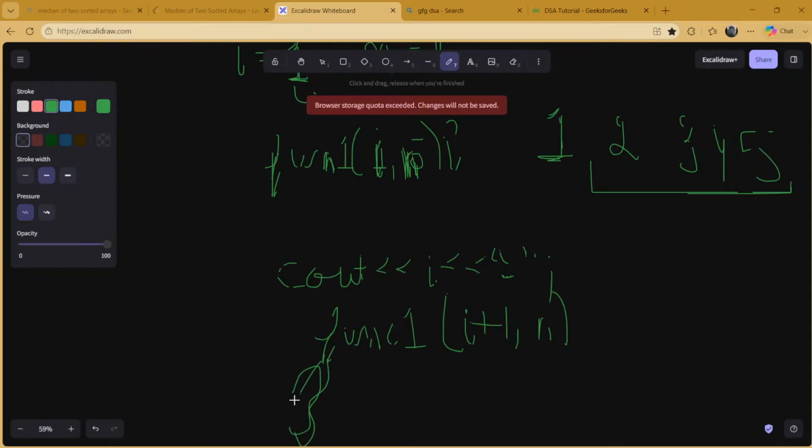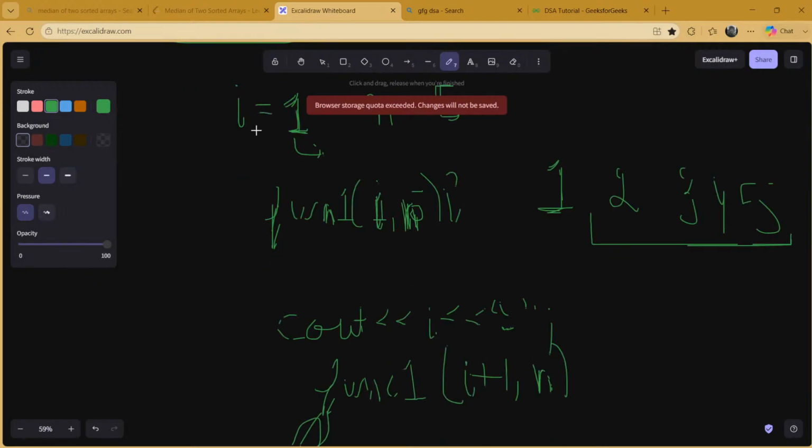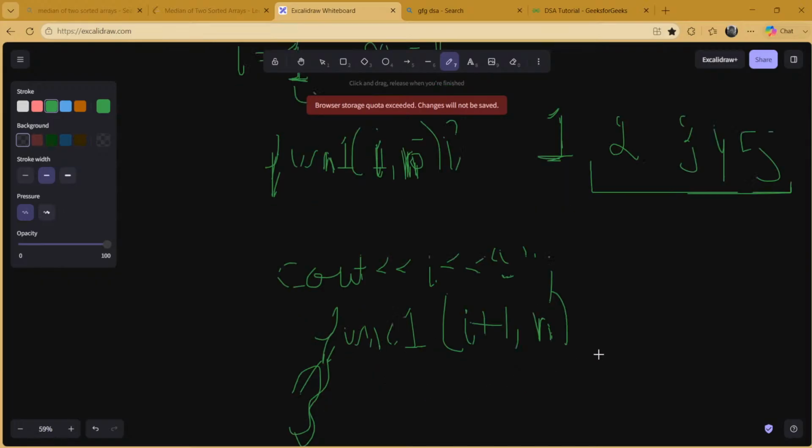ठीक है, मुझे 5 तक जाना था बेसिकली। तो 5 तक जाना था तो मैंने क्या किया, n को ऐसे ही 5 कर दिया। और यहाँ पे बेसिकली पहली बारी में क्या हुआ होगा, पहली बारी में यहाँ पे आया होगा 1। और अब जब मैं दोबारा फंक्शन कॉल करूंगा तो ये लेगा कि i की वैल्यू क्या थी, i की वैल्यू थी 1 और +1 which is 2। तो अब जब func1 वापस कॉल होगा, मतलब यही वाला फंक्शन इधर जाके वापस कॉल होगा, तो अब यहाँ पे i की वैल्यू अपडेट होके 2 हो गई होगी। तो फिर मैं i की वैल्यू प्रिंट करूंगा यानी 2 प्रिंट हो जाएगी,